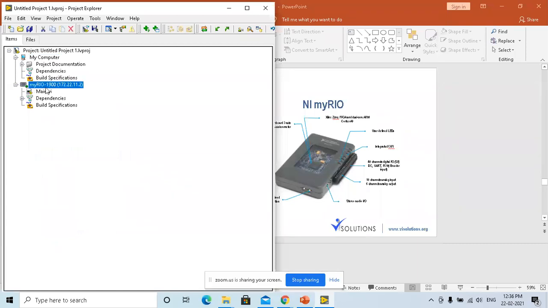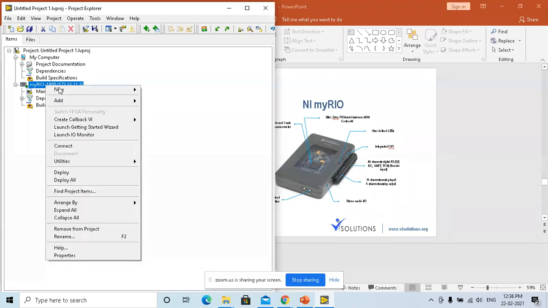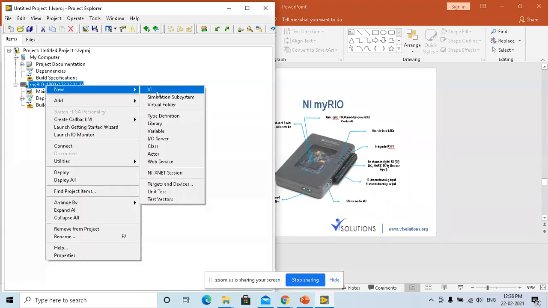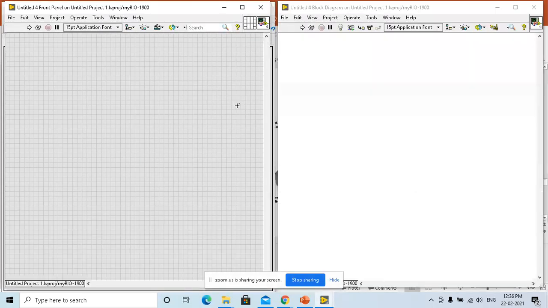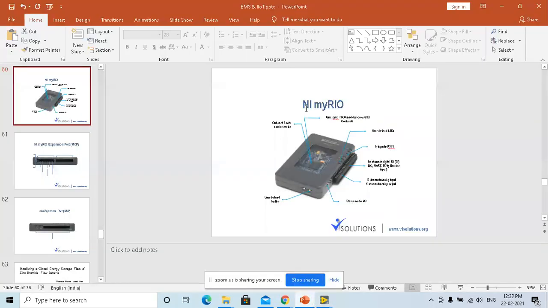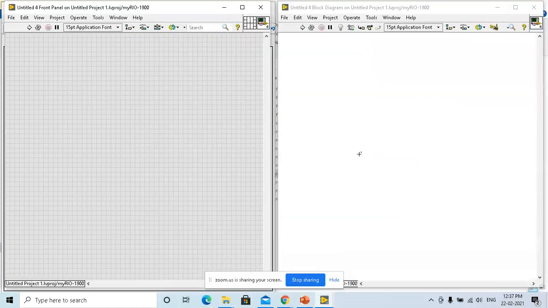So now I basically have to create a separate VI. I'll program this hardware by using the VI only, using LabVIEW only. This embedded system is going to be programmed directly by using LabVIEW. I don't need to program embedded C, I don't need to program anything else. Of course, this myRIO is an embedded hardware, so it's going to have its own operating system inside, and that operating system is a real-time operating system because it's a real-time system. It's going to have a real-time version of Linux, NI Linux RT, which makes it a little bit indeterministic.